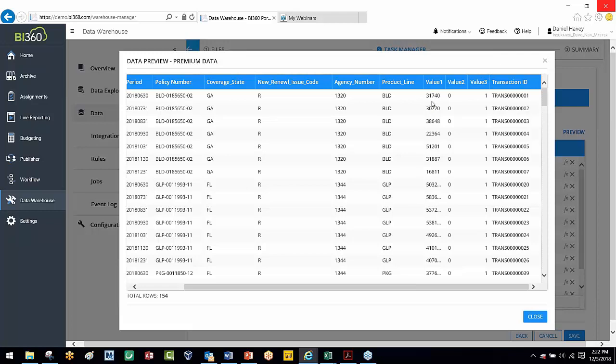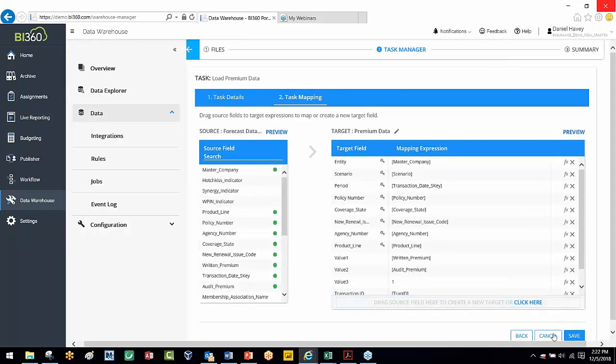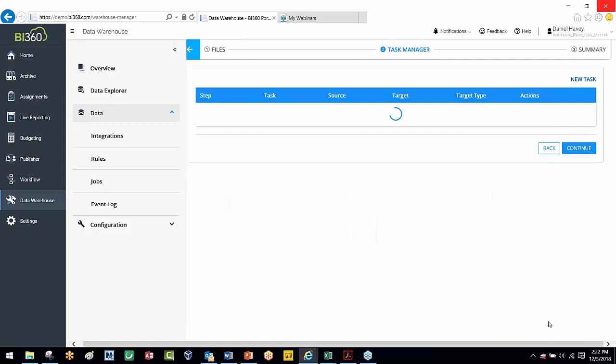This is the amount of the renewal. This is the amount of the claim. This is the amount of the earned income. We're just simply going to load that data. When we hit save,